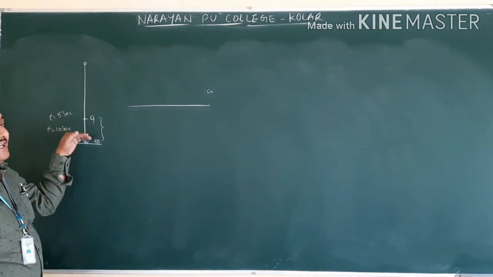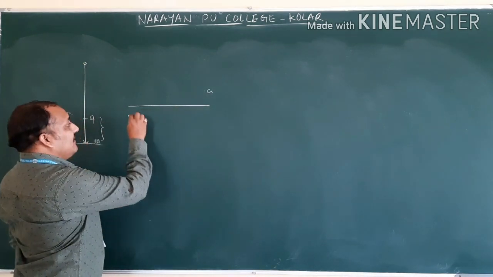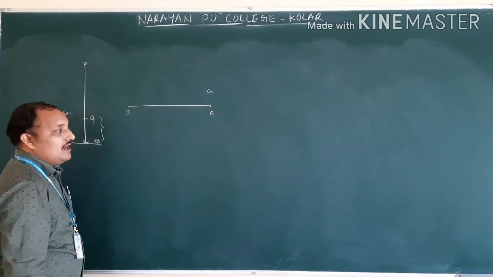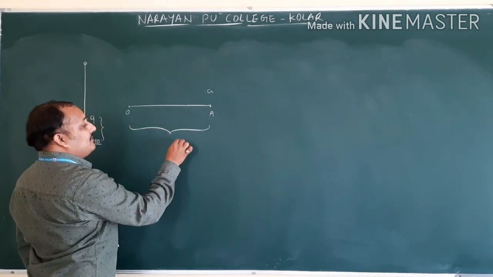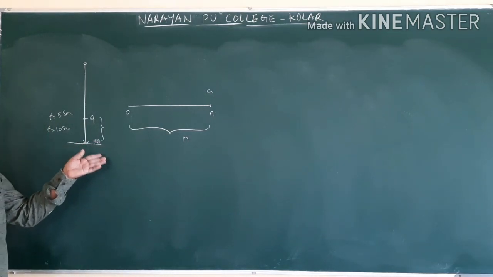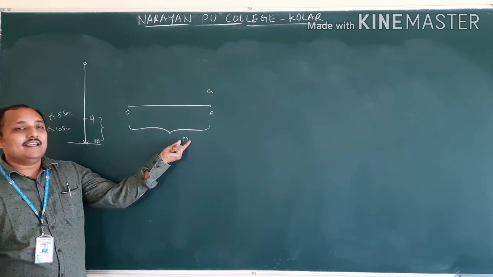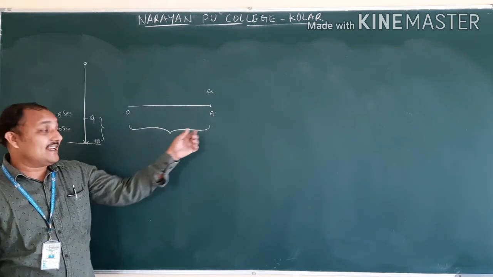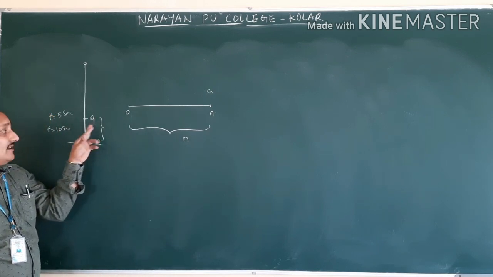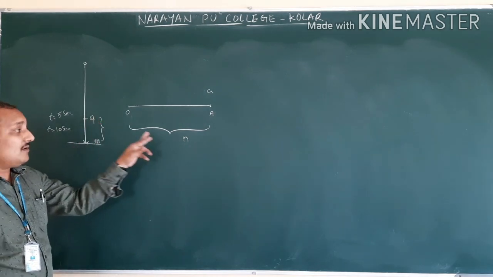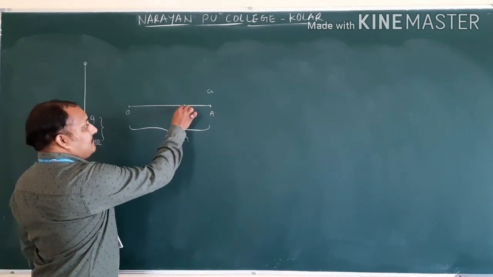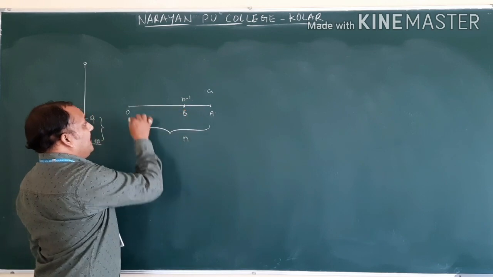This was about vertical motion. Now this is about horizontal. It started at the origin and reaches up to A. How much time is it taking? Total time n seconds. Here, in place of 10, someone will take 5, someone will take 10. Therefore, generally we take n seconds. Now O to A, how much time is it taking? n seconds. Now the previous second: if it was 10, it is 9. If it is 5, here it is 4. Now if it is n here, then the previous second is n minus 1. That is nothing but B.